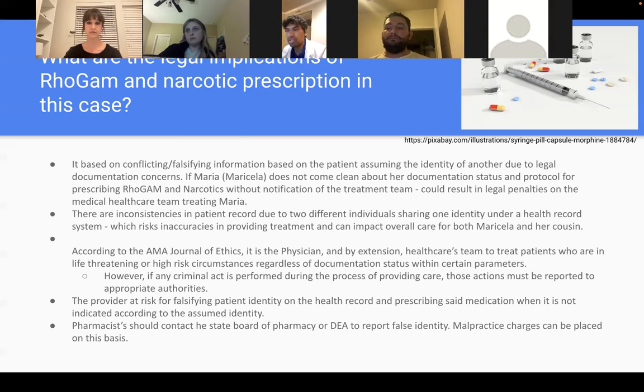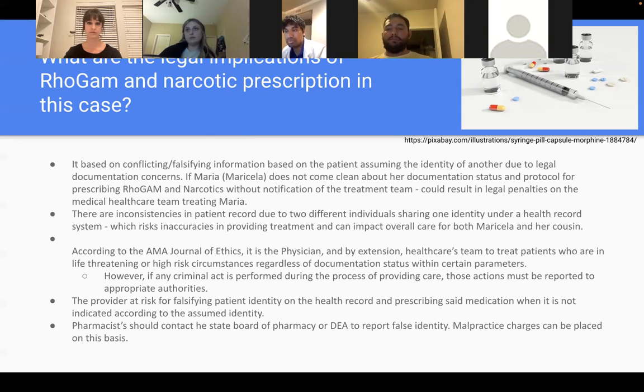The providers are at risk for falsifying patient identity on the health record and prescribing said medication when it is not indicated according to the assumed identity, and thus makes the need for a possible separate electronic health record for